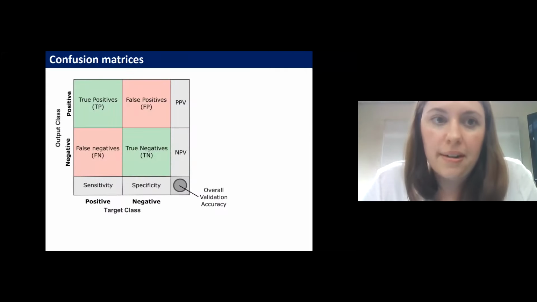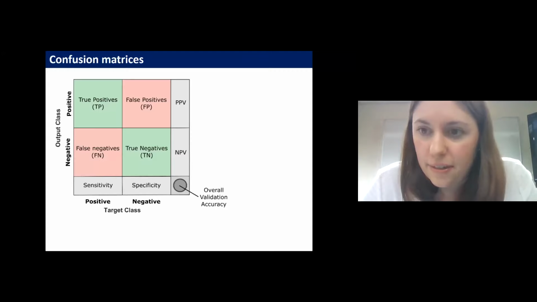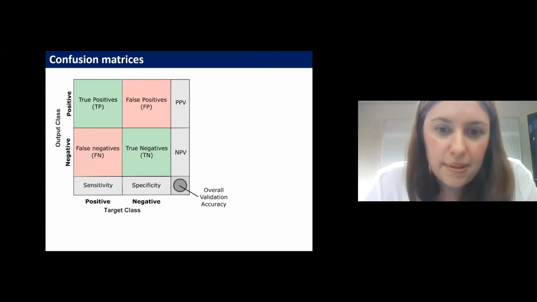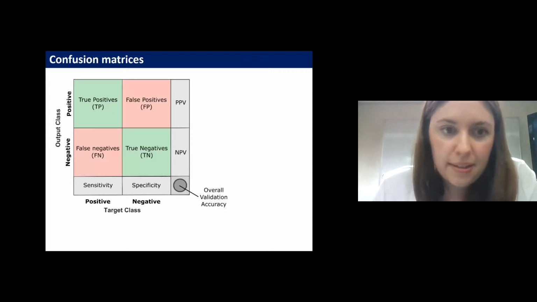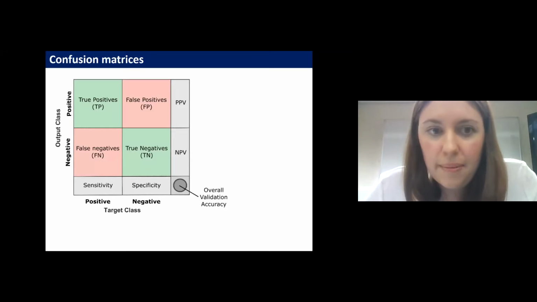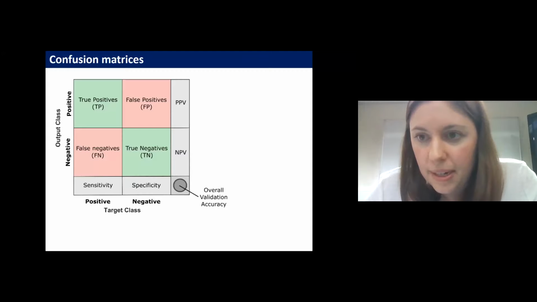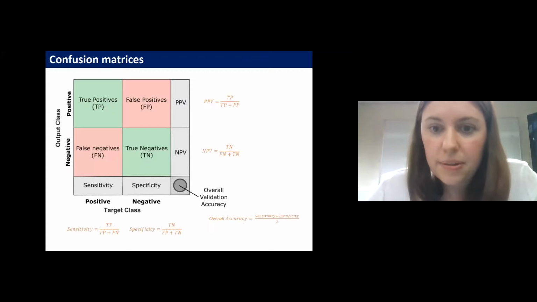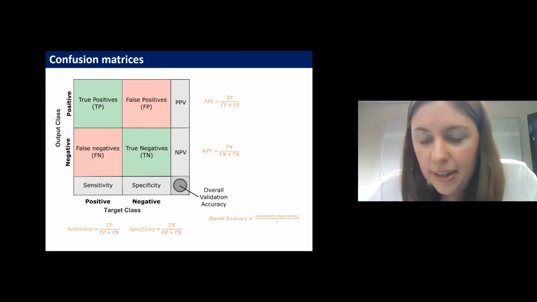So we show our results as confusion matrices. That's described here. We plot the output class, which is the predictor class, against the target or the true class. And we distinguish between our true positives, true negatives, as well as false positives and false negatives. We also have positive and negative predictive values, which tell us how well our network